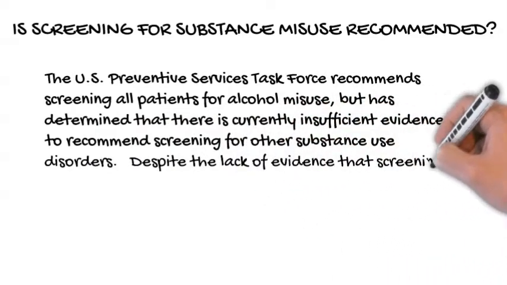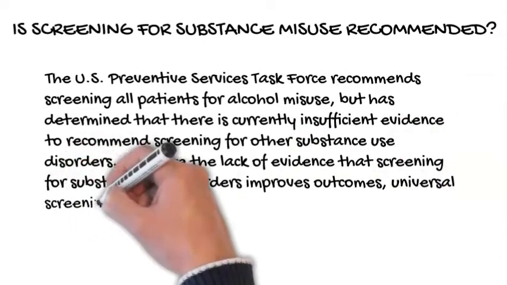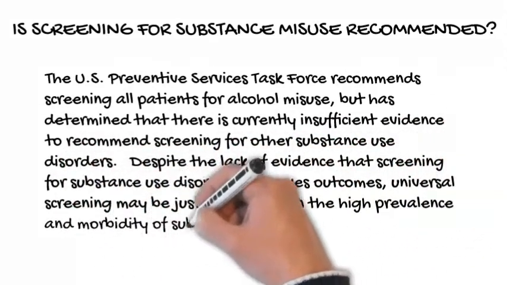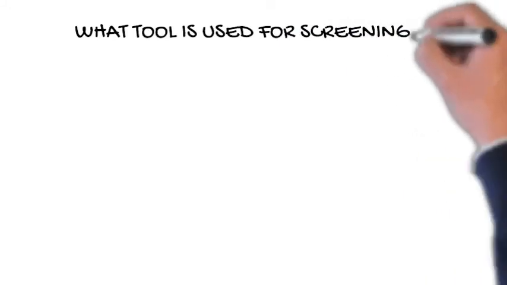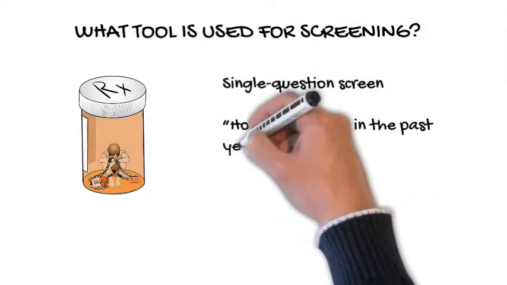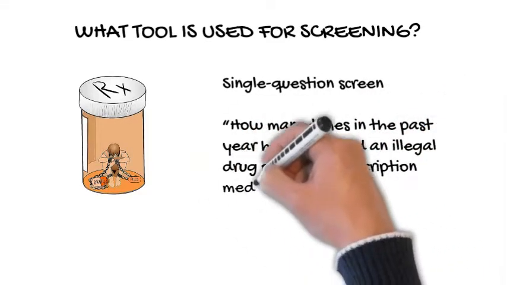Despite the lack of evidence that screening for substance use disorders improves outcomes, universal screening may be justified based on the high prevalence and morbidity of substance use and proven effectiveness of treatment. What tool is used for screening? Single question screen: How many times in the past year have you used an illegal drug or used a prescription